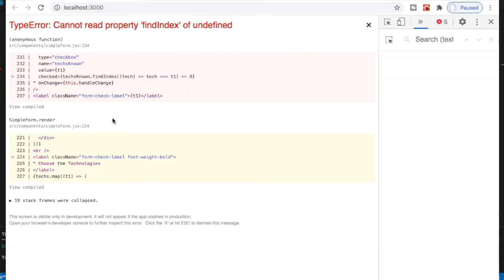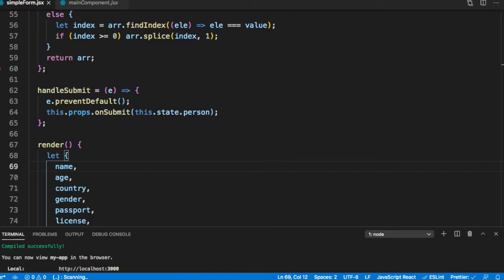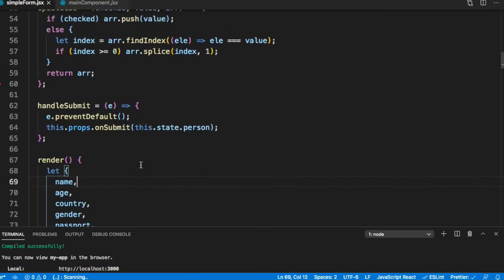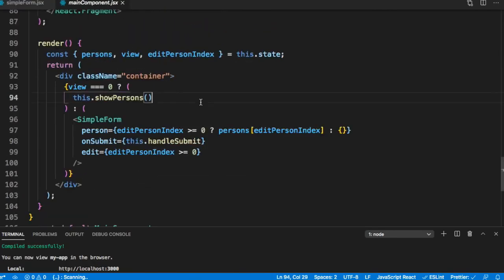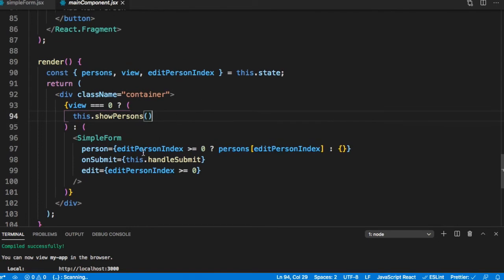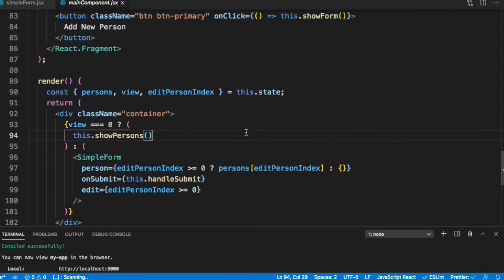Let me add a new person, and in the new person, it has given us an error of findIndex. Now, why has this error happened? This error would have happened because if we go back to the main component, we are sending a person as empty. So this is coming in as empty.